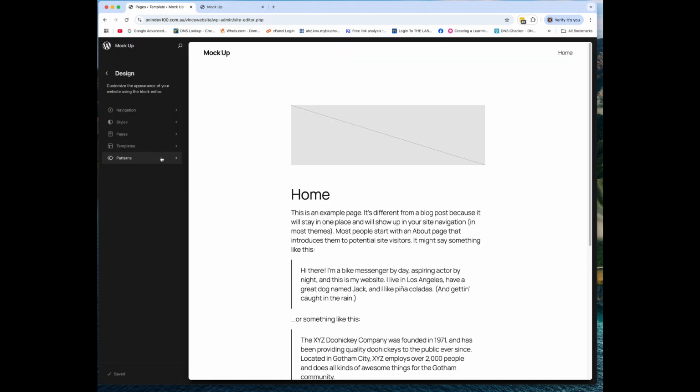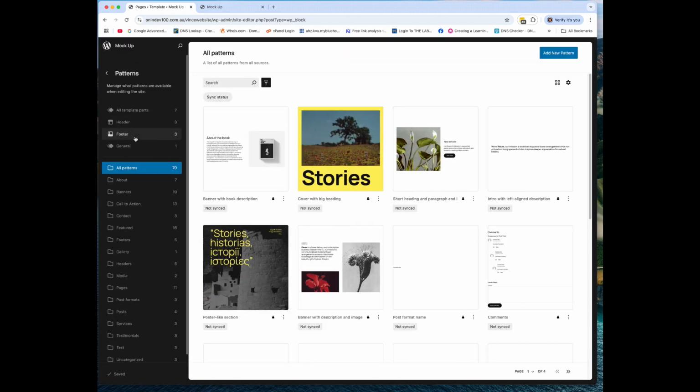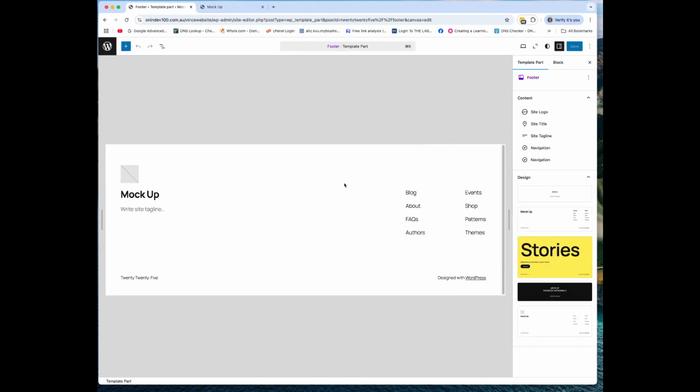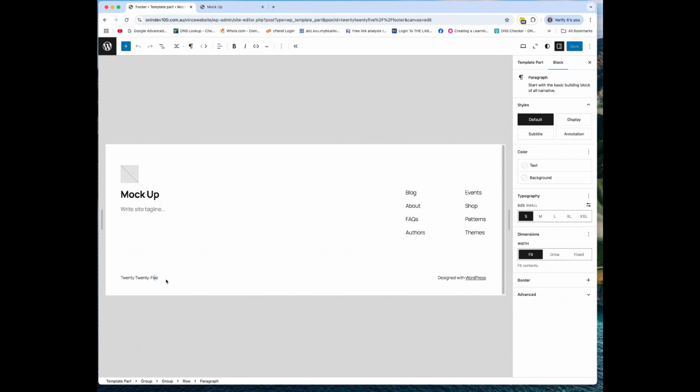In this default, we go to patterns, go to footer, okay, and this is the default patterns that we can use. But granted that we are using this default pattern, we can edit this pattern accordingly, the way we want it to. So for example, we would like to change this one,